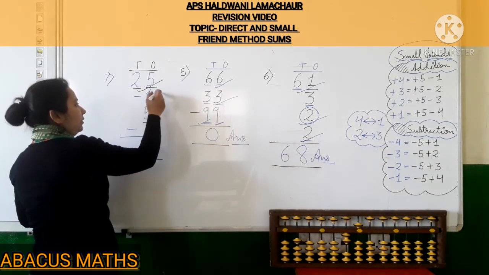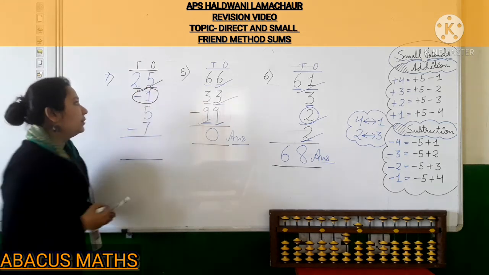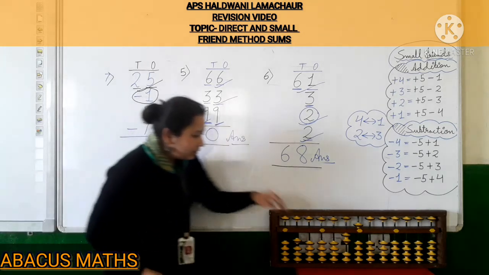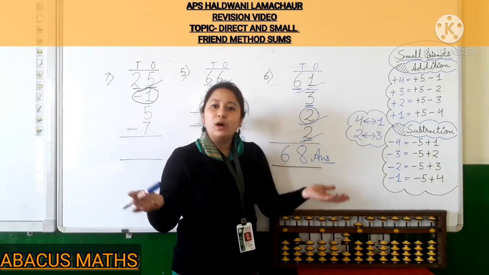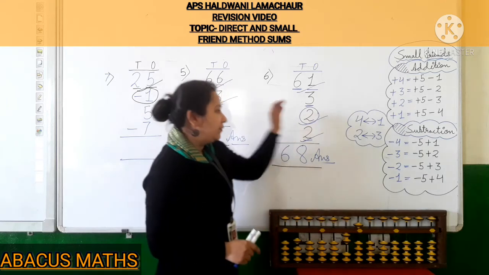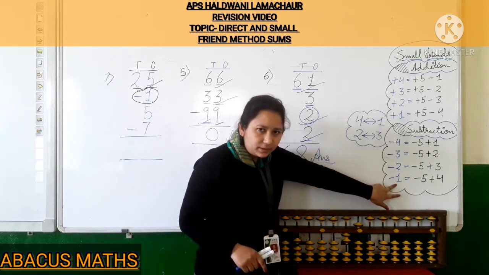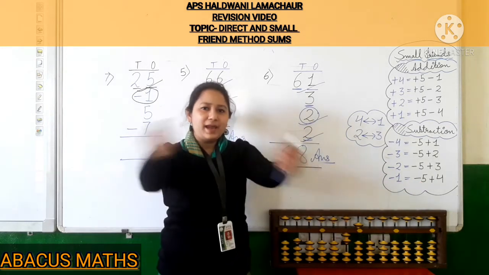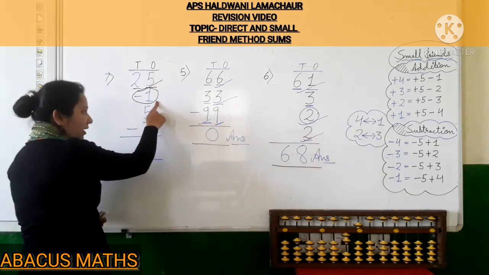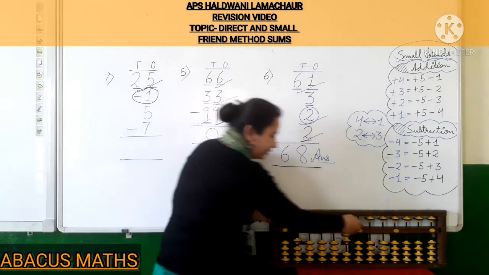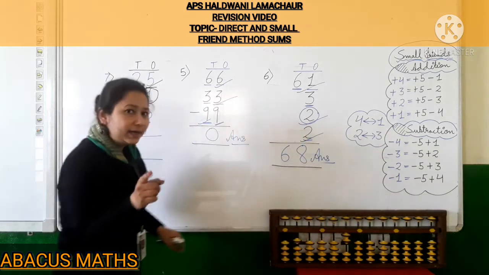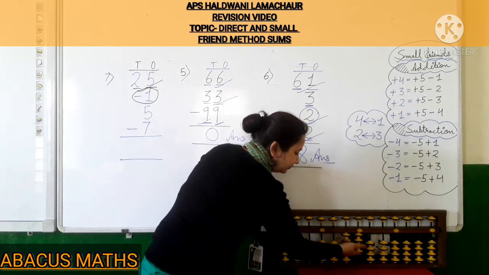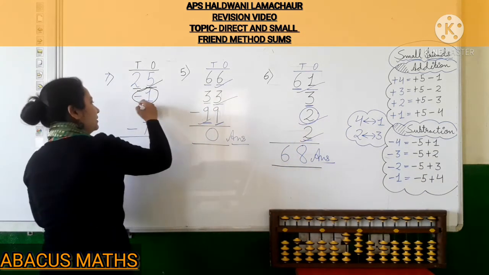Now minus 1 in the ones rod. You can see kids that 5 you have already added and minus 1 you have to do. Now see, no bead is there. So how will you subtract? I have told you that whenever you have to subtract any number, the first number which you will subtract is 5 and add the friend. Now 1 you have to subtract. So first of all subtract 5 and add the friend. Now who is the friend of 1? 4. Add 4. And your 1 is subtracted.